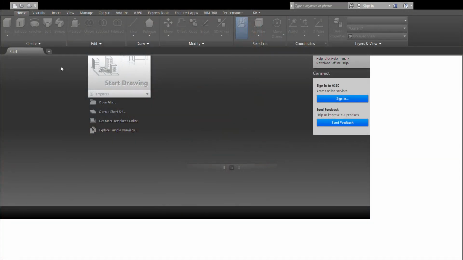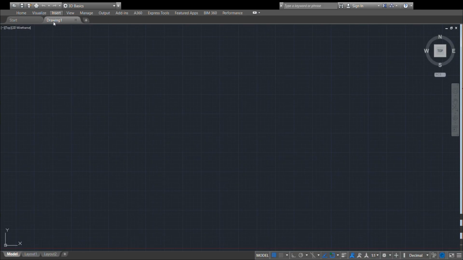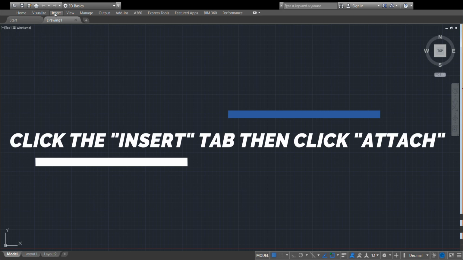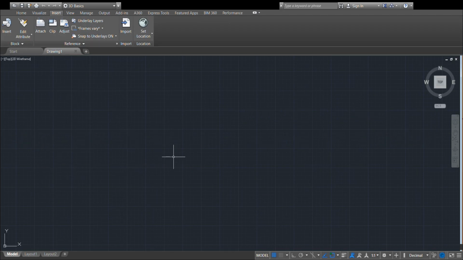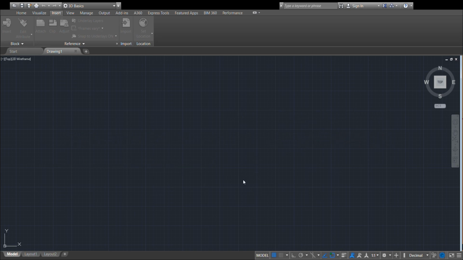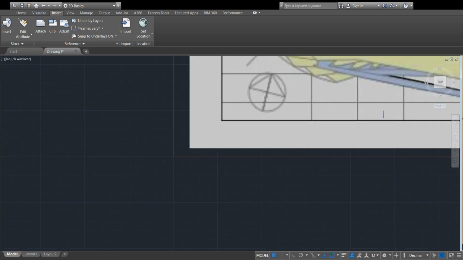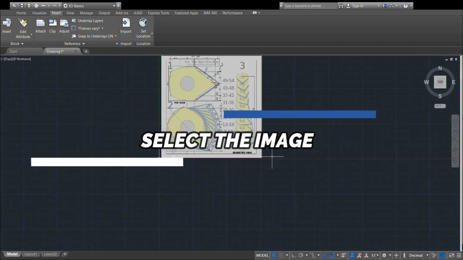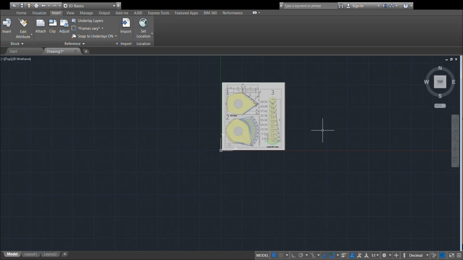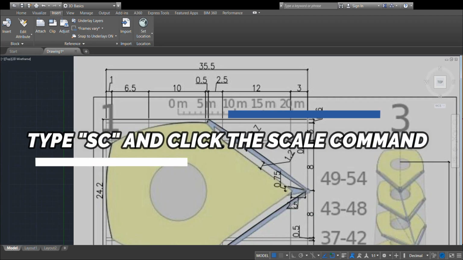So, let us open a new tab for this activity. And what we're going to do is attach the image here. So, just drag the cursor to paste the image here. And then, now that you have it, you just select the whole image, and afterwards you press SC